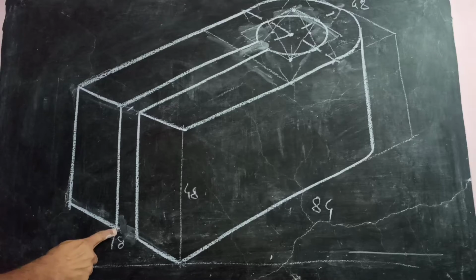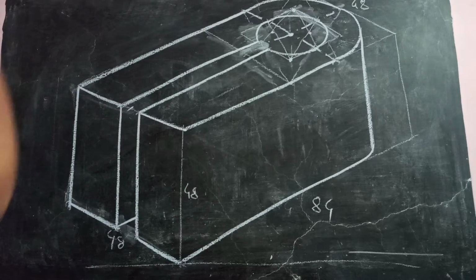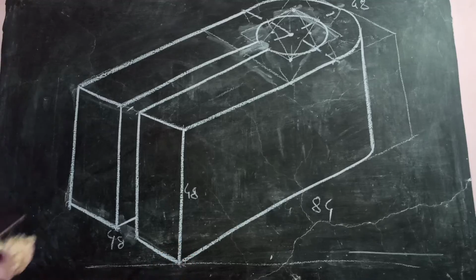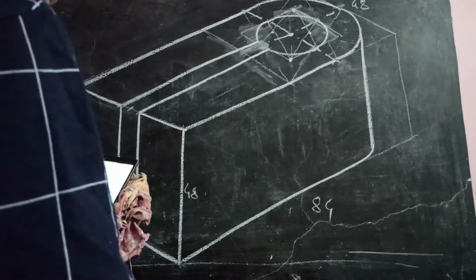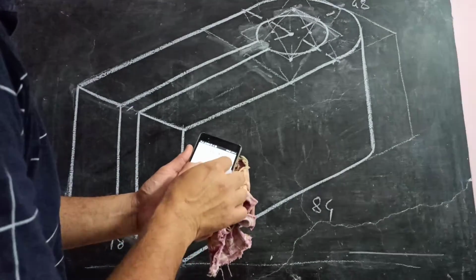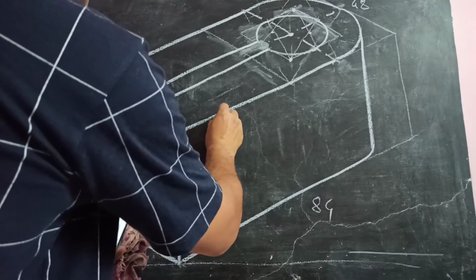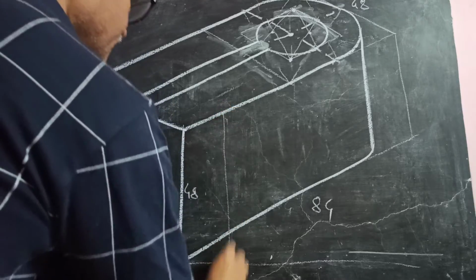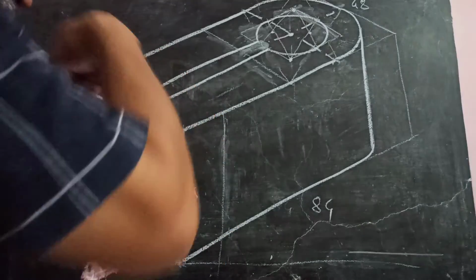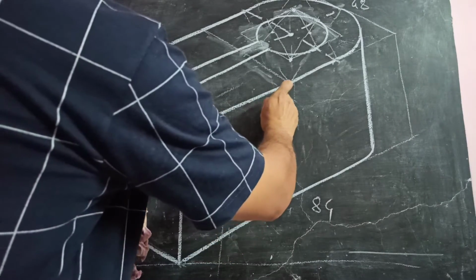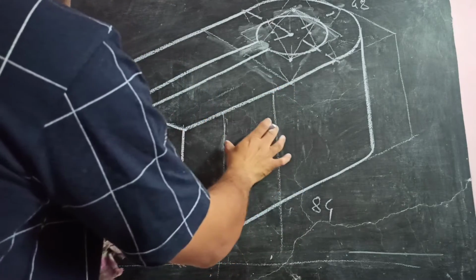Then from here you can draw a line parallel to this, just a small line. This will be dark. What is remaining in this problem is this square hole. It is shown here in the front view. So it is 14 from here. So you can mark this 14, draw a faint line at 14. Then it is having 20. So 20 you can mark here. So this is 20, this is 14, this is 20.